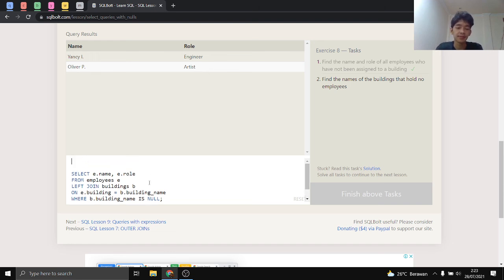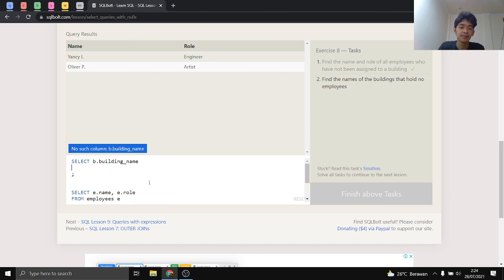I will do it from scratch. Select B.building_name from buildings B